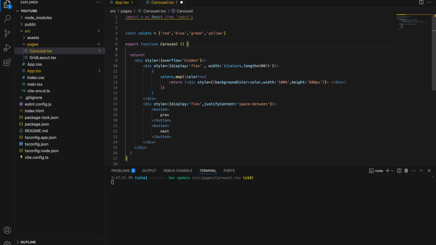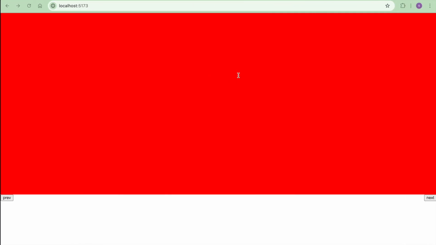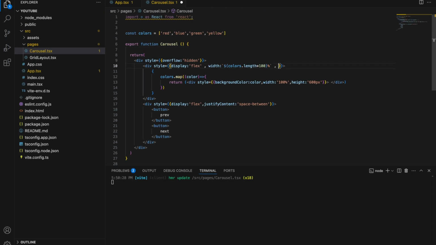One more thing, we have to maintain a state. So create a state to maintain the index of the item of the carousel, in our case the color of the item which you want to show on the screen. So initially, it will show the zeroth item, right? So now to go to the next